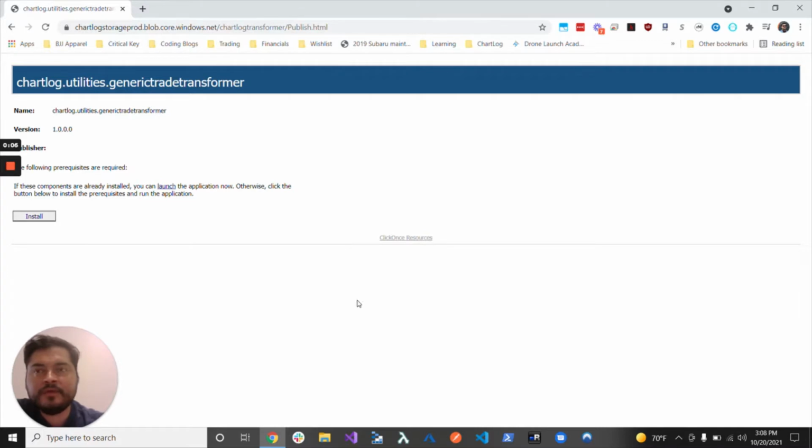Today I'm going to be showing you how to use a new utility that we just finished building. There are a lot of you whose brokers we don't support or trading platforms that we don't support. And so this tool essentially allows you to take your broker export and map all the columns to something that Chartlog can read. So it'll basically convert the file to a Chartlog compatible file, and then you can upload it using our generic